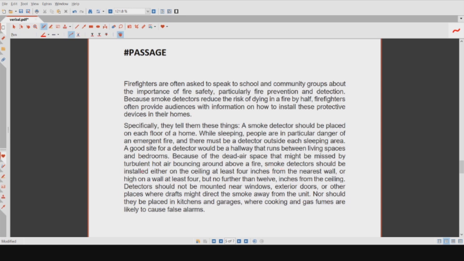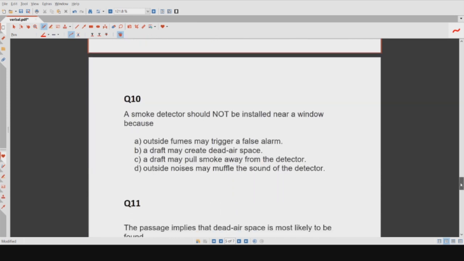smoke detectors should be installed either on the ceiling at least 4 inches from the nearest wall, or high on a wall at least 4, but no further than 12 inches from the ceiling. Detectors should not be mounted near windows, exterior doors, or other places where drafts might direct the smoke away from the unit. Nor should they be placed in kitchens and garages, where cooking and gas fumes are likely to cause false alarms. So, after reading the whole paragraph,